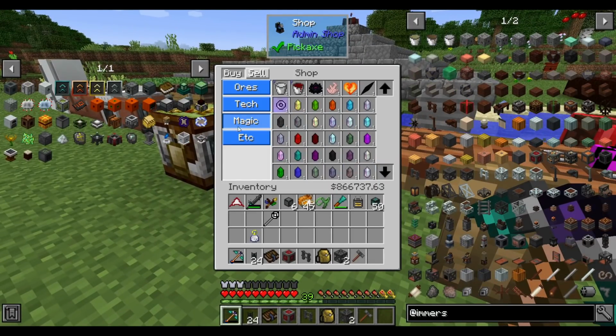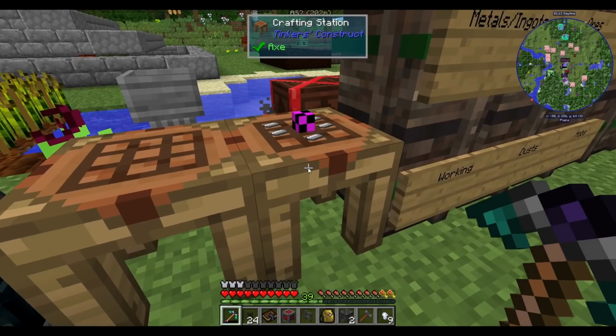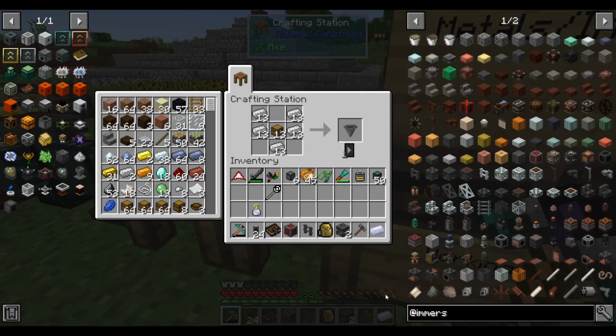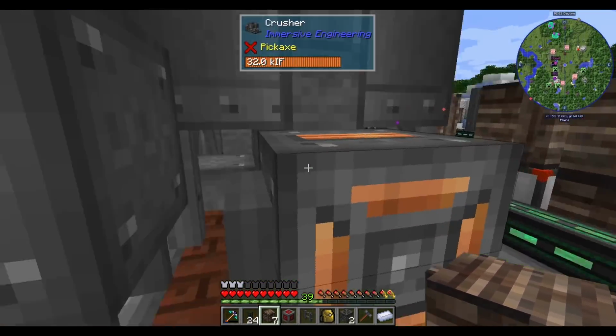So, remember what I said about becoming a millionaire today? That might not happen because I'm going to spend a lot on iridium. So if I buy 9 of these, they become 9 nuggets. Turn that into an iridium ingot, and get an inventory. We'll put the inventory there, and then we'll...